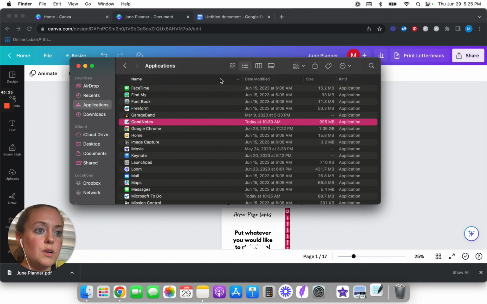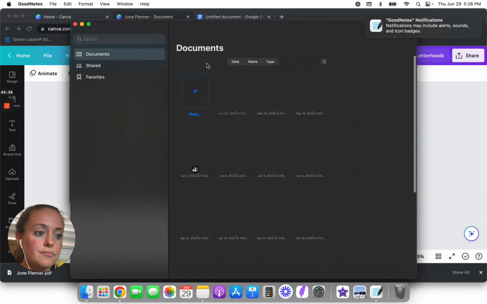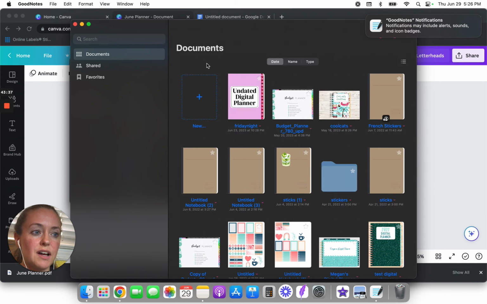But when it pulls up, I'll show you how to do it. Now, if you're on an iPad trying to do this, I no longer have an iPad. I haven't had one in like 2 years, so I can't tell you exactly how to do it. You would have to watch a different tutorial to learn how to do that. But what I'm going to do is I'm going to go ahead and